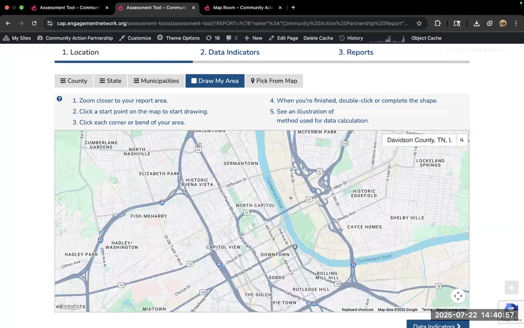And let's say we are wanting to look at over here up to Church Street, down to 4th Avenue, and we're going to make a big box. So what I'm doing is I am clicking and dragging on my map, and then I double clicked to fill my shape. So I can draw whatever shape I want.